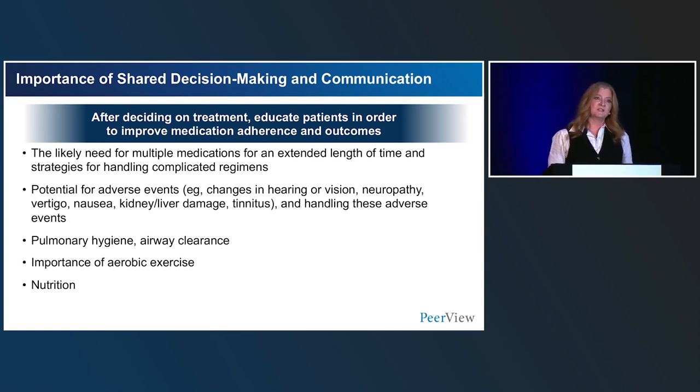And then we talk about just the importance of shared decision-making and communication, and a lot of this is the art of medicine, right? And that's the one thing about coming to these types of symposiums and conferences, is I do think you get a lot of the nuance that you're not going to get strictly from reading a textbook or UpToDate. And a lot of this is right out of the gates, establishing that relationship with your patient, because they are chronic, you are following them over time, and setting expectations and doing a lot of education about the disease process. And we're running in parallel because these patients have bronchiectasis and they're getting education about management of that, as well as